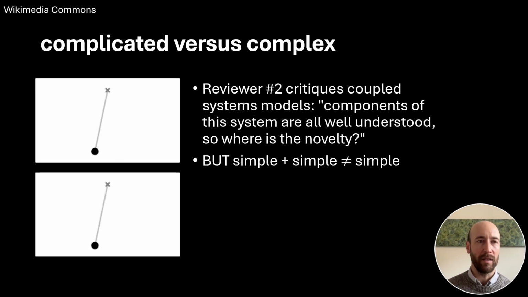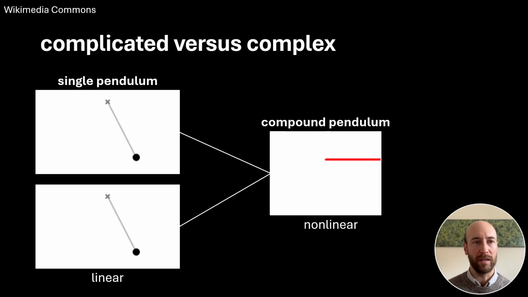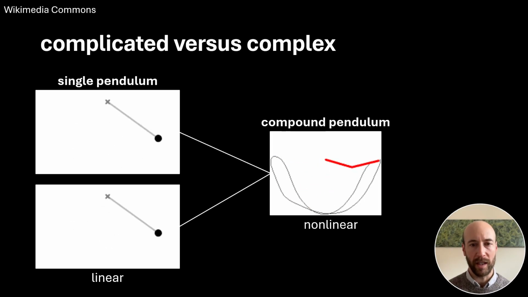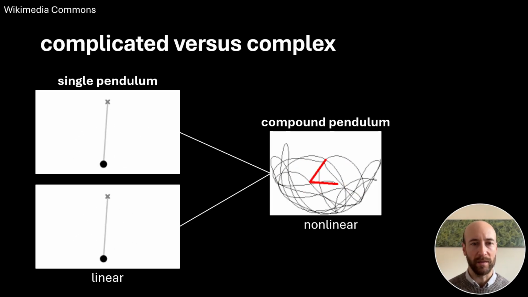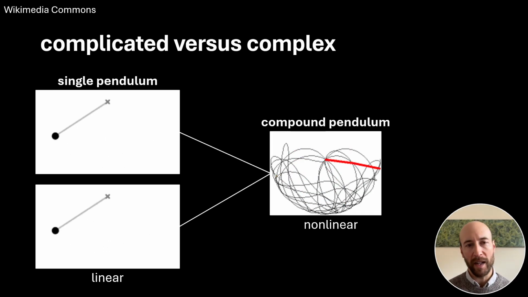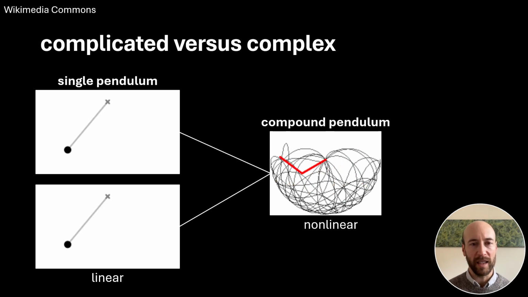So imagine, in your coupled model, you put these two components together. You can put them together in a bunch of different ways. You can have them knock into each other. There are lots of ways to sort of couple this system, I suppose, or at least connect this system. But imagine you put them together as a compound pendulum, a double pendulum. And all of a sudden, you go from two linear systems in isolation to a very nonlinear system. So this expresses chaos. A very nonlinear system when combined.